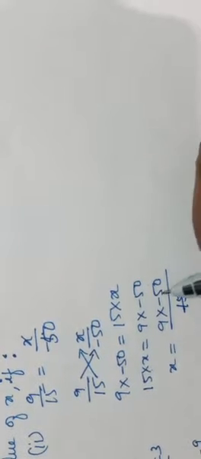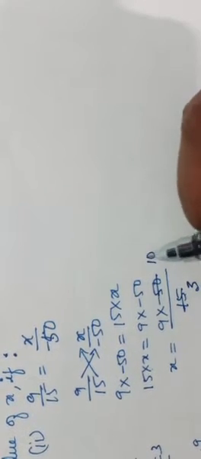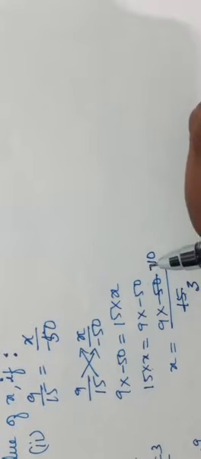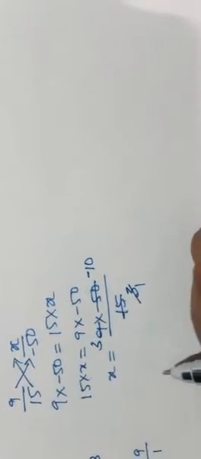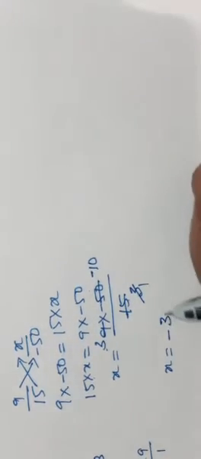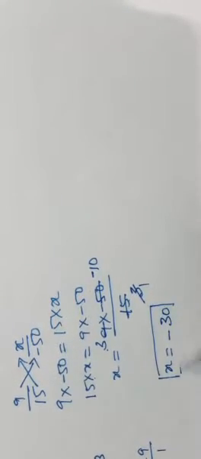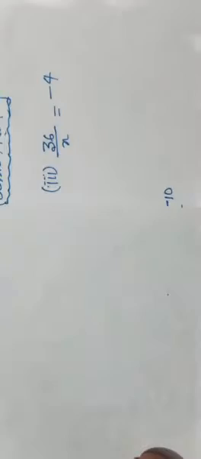Let us cancel with the 15 and minus 50 children with 5 table. 5 threes are 15, 5 tens are 50, minus as it is. Then we have 3 ones are 3, 3 threes are 9. X is equal to plus into minus is minus, 3 tens are 30. Therefore, the value of x is equal to minus 30.